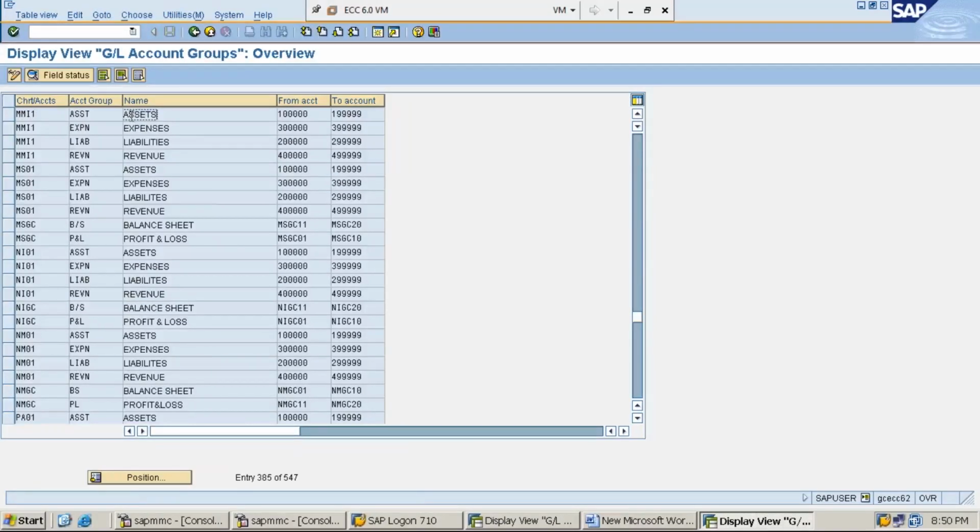Assets, alphabet A, starting number 1. You can easily remember like that. So the cash GL account shall be created under the assets series. Which number range do we have to use? 1 lakh series. Correct. Let us create.